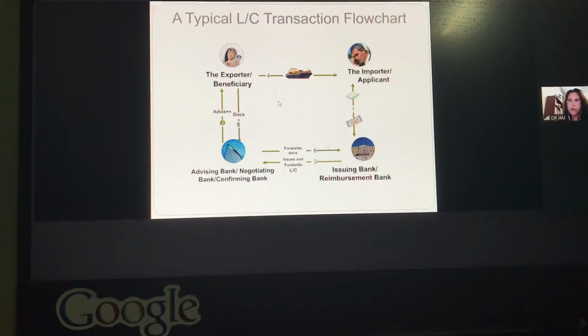Number 24, please. Can you repeat the question first, and then you explain the answer? The next question you asked us was question number 6. When does an LC transaction stop at step number 6? Step number 6 is when the nominated bank in turn transfers documents to the issuing bank, and it stops at step 6 when the issuing bank receives documents, checks them, and sees that the documents do not